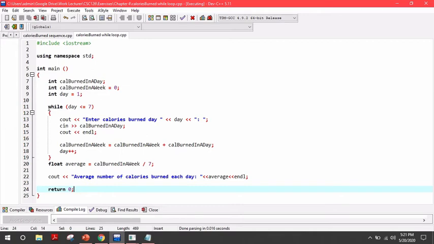Okay, as you can see here, I already did the initialization and declaration at the top, and then on line 7 we have the condition. Since we need to repeat the statement 7 times, I initialized day as 1, and then in the condition the day must not be larger than 7. If the condition is true, which is day is less than or equal to 7, automatically the program will repeat